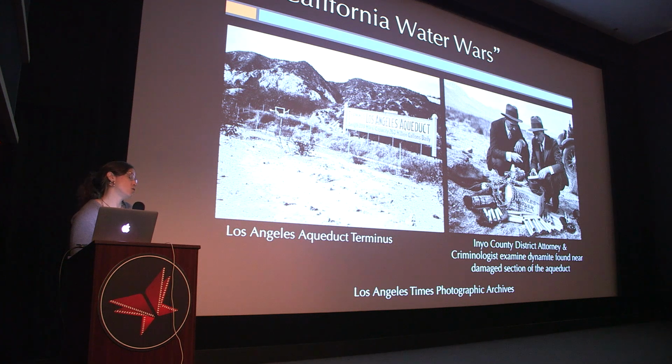As I've just said, these are not quite war or the conflict of war, but there were a few indeed violent disputes. They were primarily related to some shady land deals by the city of Los Angeles to obtain water rights in order to construct the Los Angeles Aqueduct, and then the activities of some disenfranchised community members who dynamited the canal to express their frustration. I won't go into more detail on this, except to say that